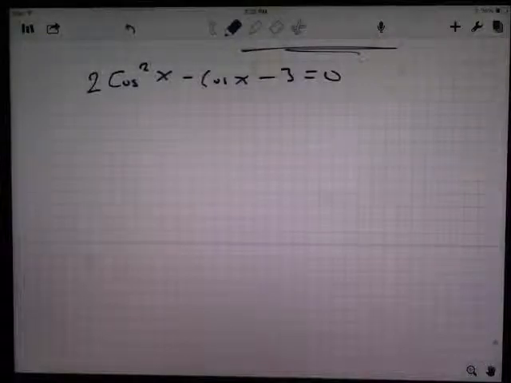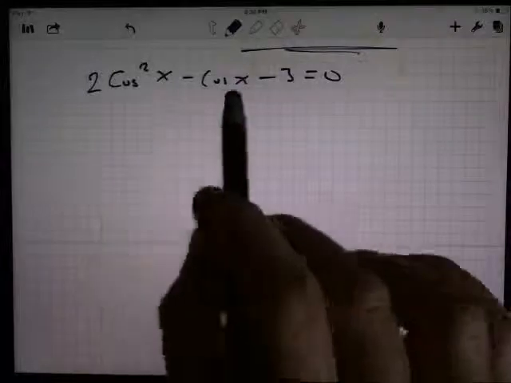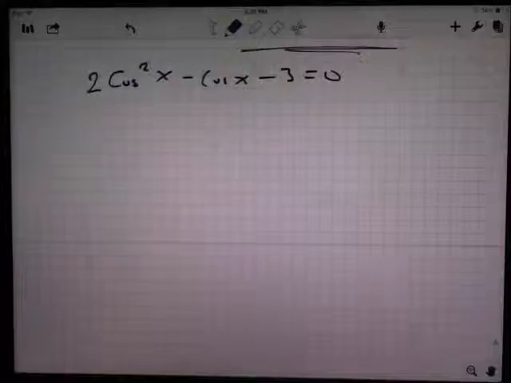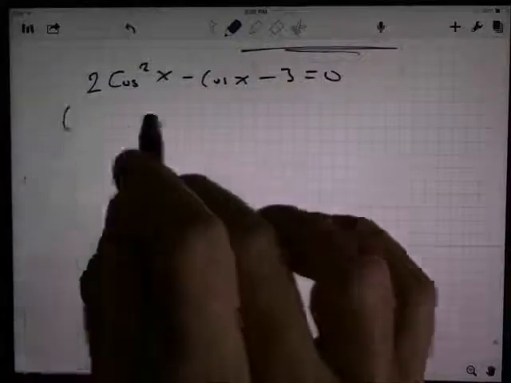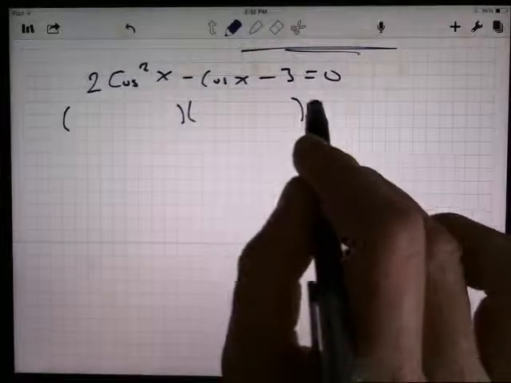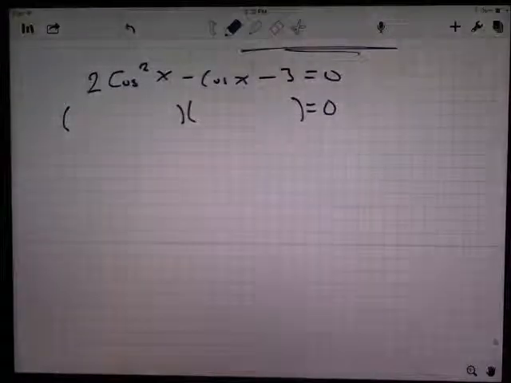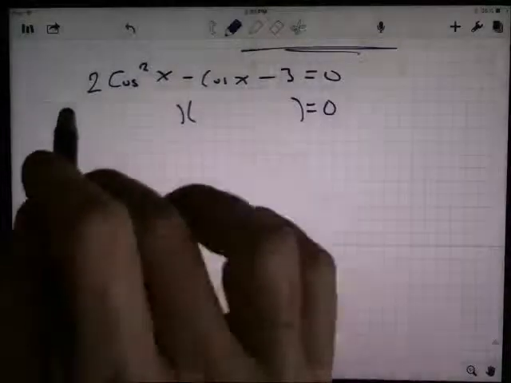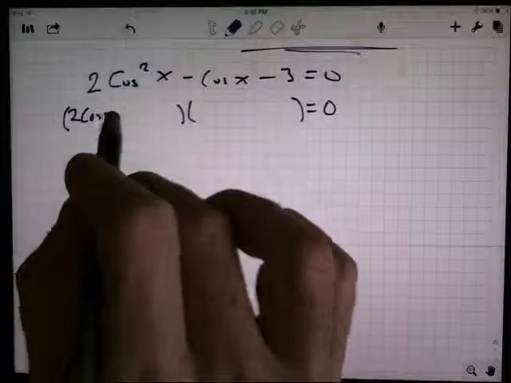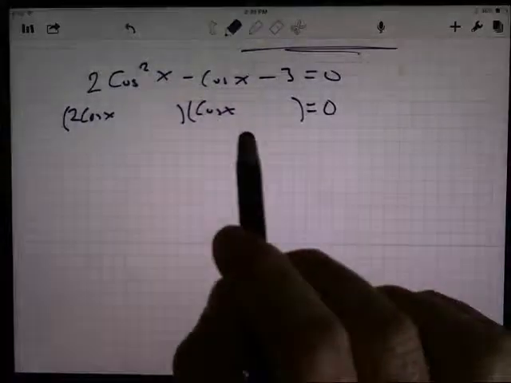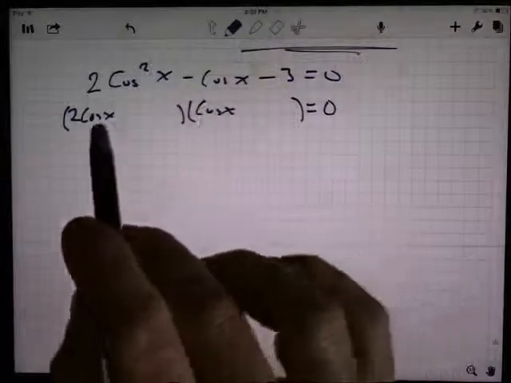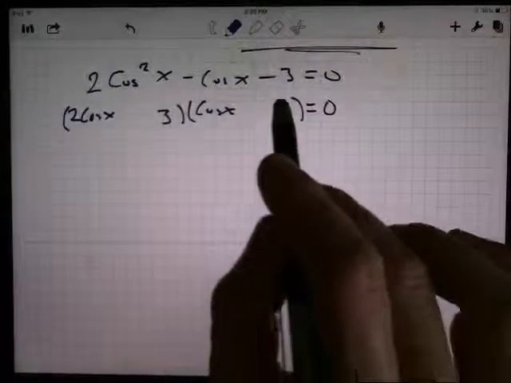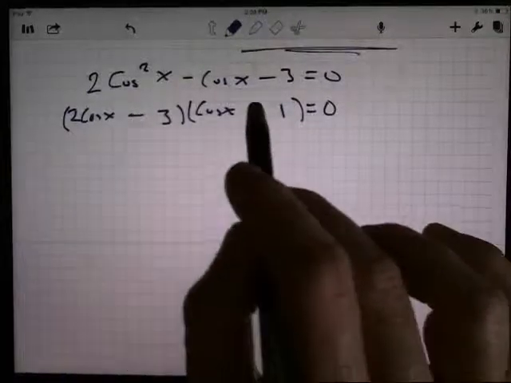Now, this one does have a constant, a cosine just to the first power, and a cosine squared. So we really do need to treat this like a quadratic equation. We could use the quadratic formula, but I always find that if I can factor it, it's probably easier to do the factoring thing. So let's try it. This would be 2 cosine x times cosine x. I need a 3 and a 1 to do that 3. If I put a 3 and a 1 here and make this one negative and make this one positive,